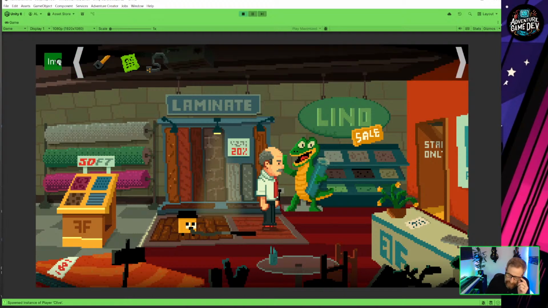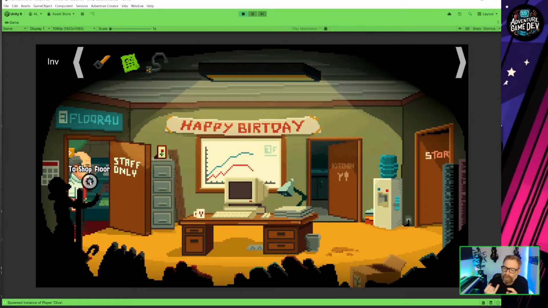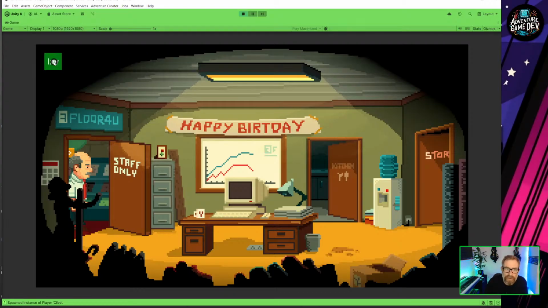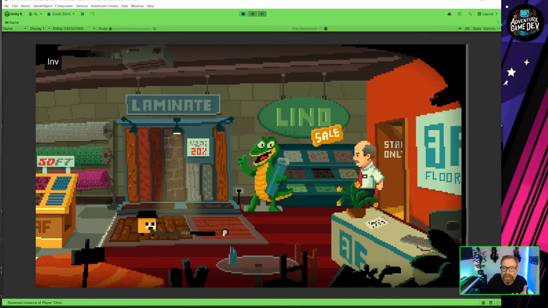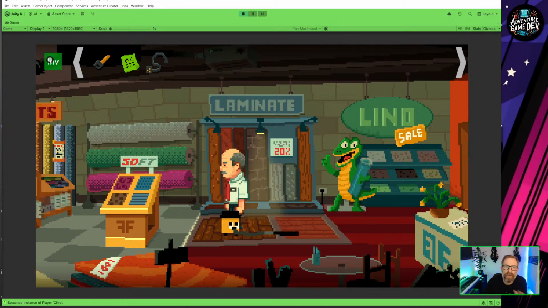bring up your inventory. But then that brings another problem, which is that the inventory won't automatically toggle off between scenes. So I'll need to write a custom action and an event to listen for a scene change action, and every time there's a scene change, close the inventory. Again, one decision that causes lots of knock-on effects that need sorting out. But I think it's nicer that you can go right the way up and look across the whole scene without triggering your inventory, and then you've just got a button to bring it up. So yeah,